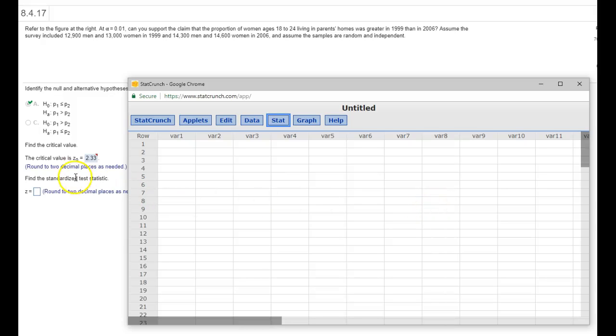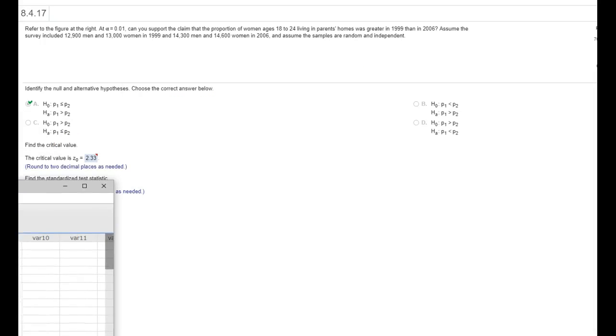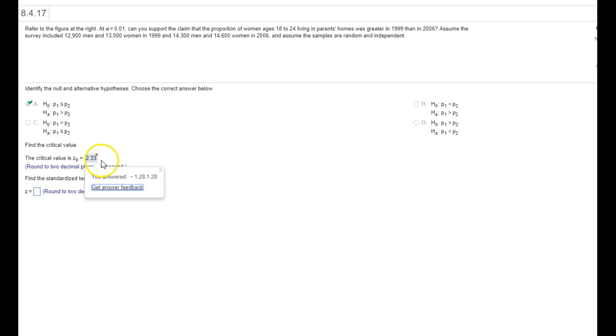All right, so let's look at the critical value. First off, you should notice I can see that... I don't really, actually I'll do it real quick. When I click over here, you put in negative 1.28 and 1.28. That's not correct because